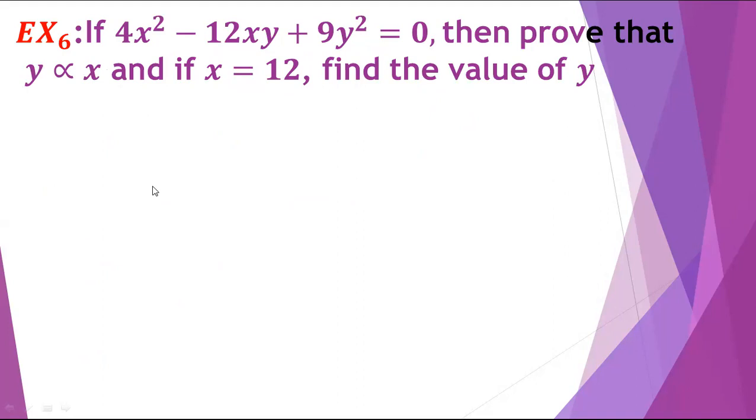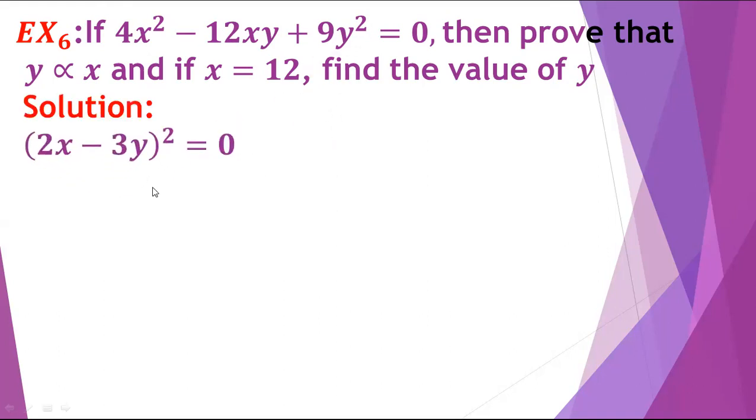We notice that 4x power 2 minus 12xy plus 9y power 2. If I take the root of the first term, it will be 2x. The root of the third, it will be 3y. 2 times 3 equals 6, times 2 equals 12xy. Then the root of the first times the root of the third times 2 gives me the middle term. Then this expression is a perfect square, and we can write it as open bracket,